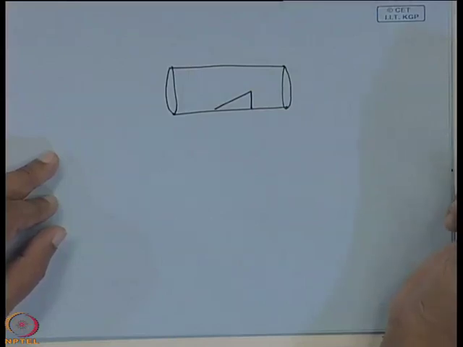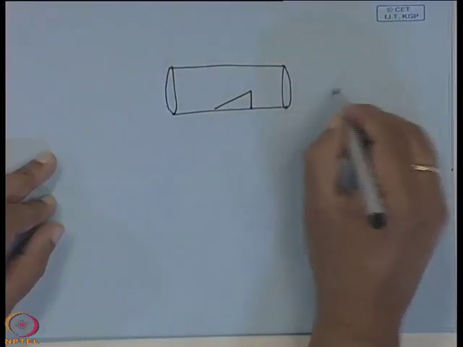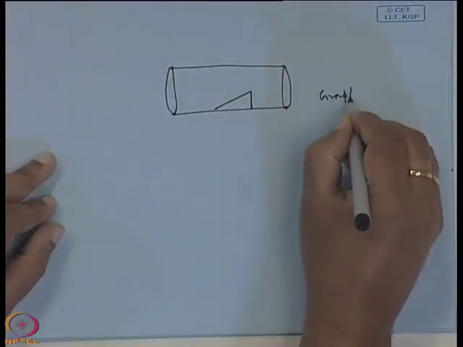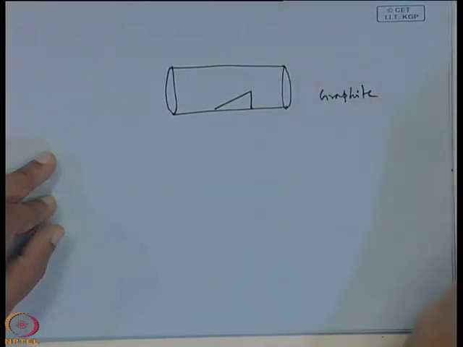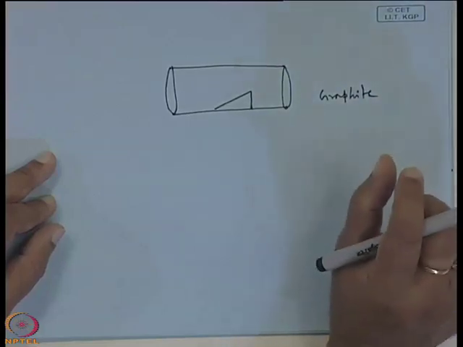What is a susceptor? Susceptor is basically the equivalent of the crucible in bulk crystal growth. In bulk crystal growth, we have used the crucible. Here we do not use the crucible, instead we use the susceptor. Susceptor is a graphite block. It is a graphite block on which the substrate is placed.